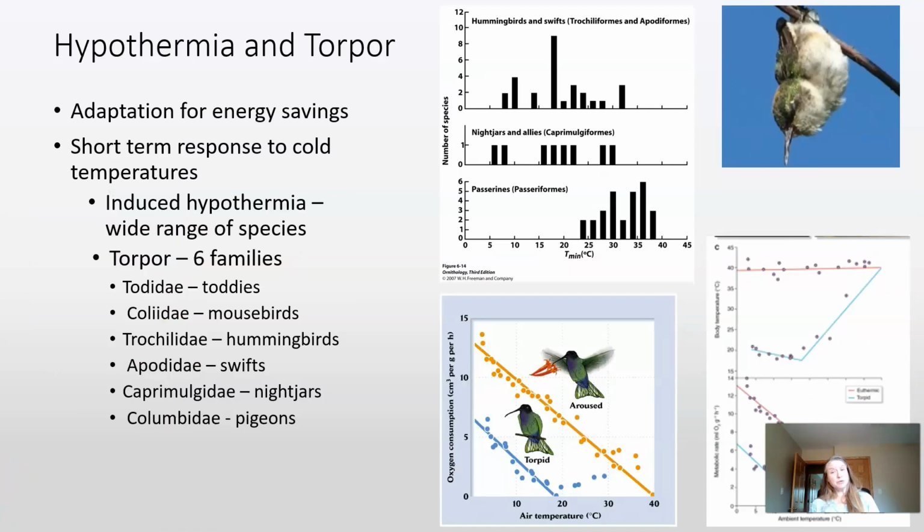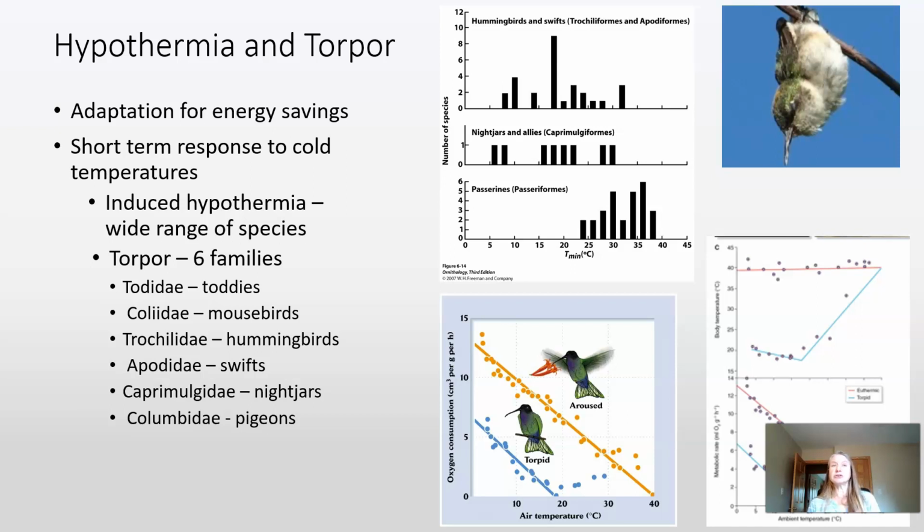So while some mammals hibernate, like bears would go into hibernation or bats would hibernate over the winter to allow them to survive these cold temperatures, birds really can't do that because of their small body size. However, some birds can go into hypothermia or torpor. So some birds will go down to a hypothermia, and some will actually go into torpor. The difference would be that hypothermia would be maybe a shorter term solution, where torpor could be maybe an overnight or a couple days.